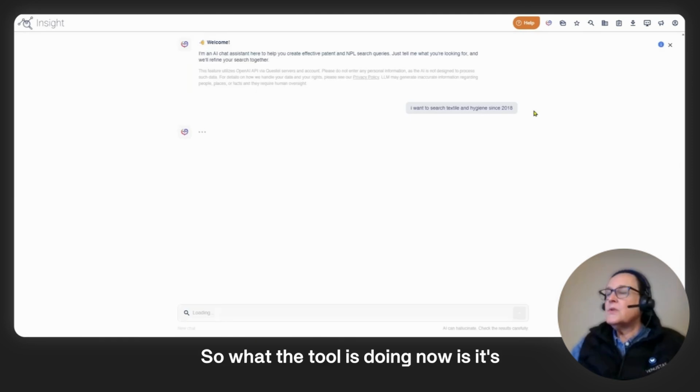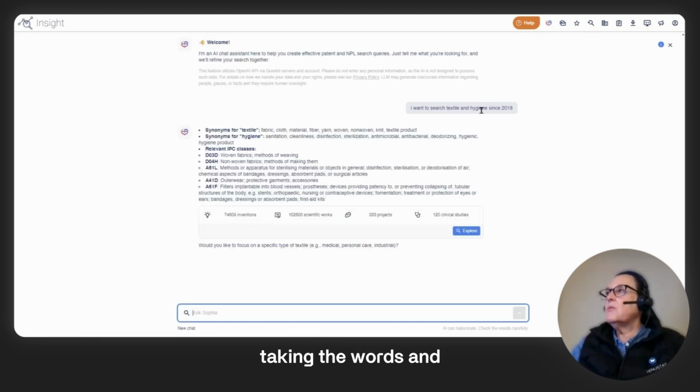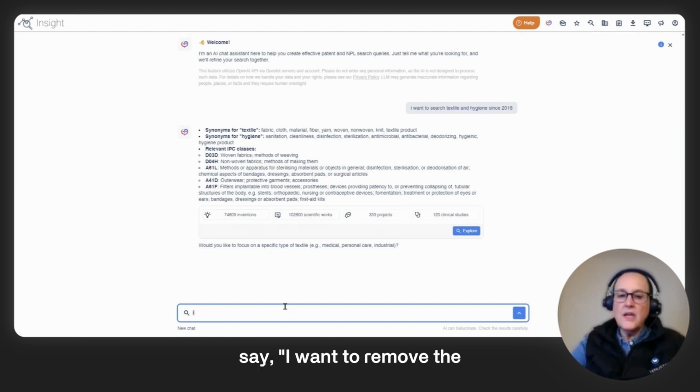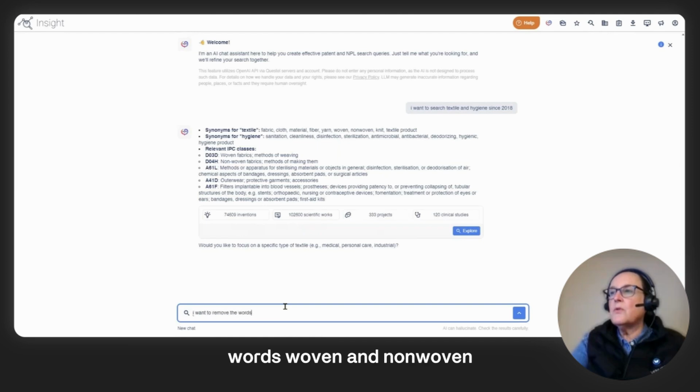What the tool is doing now is taking the words and phrases that I put in here, the dates, maybe names of companies, etc., and it's creating a search for me. Notice that the chatbot also asks me a question if I want to focus my search into something more specific. What I can also do is come down here and say, I want to remove the words woven and non-woven